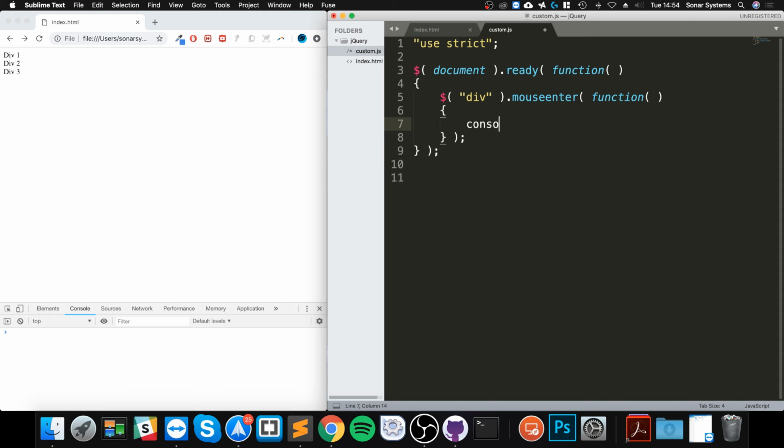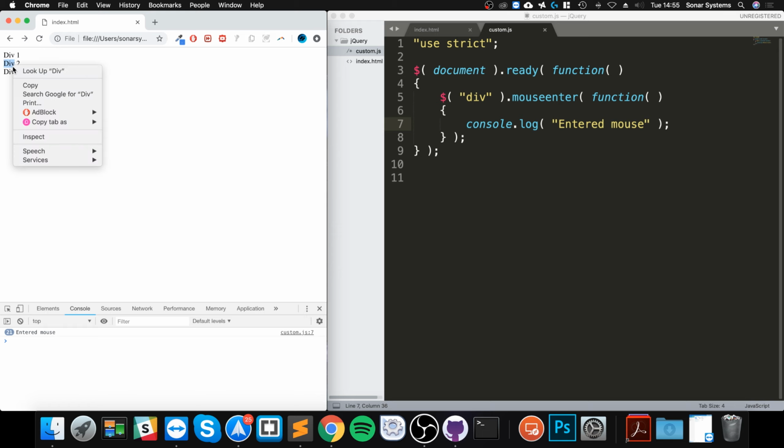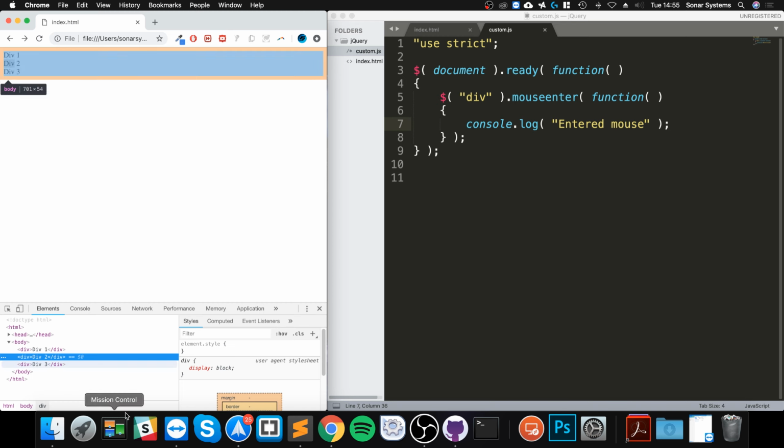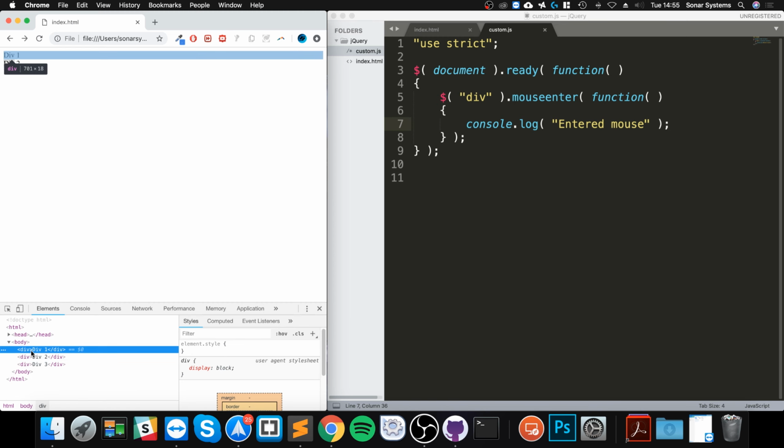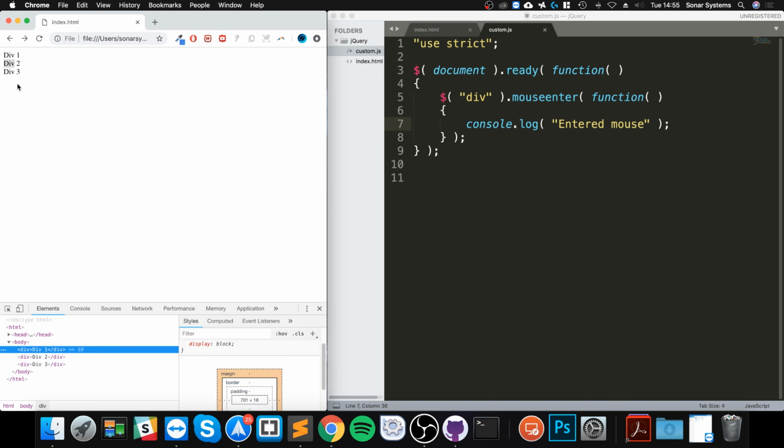And now I'm just going to say console.log, entered mouse. And as you can see, you might be thinking, why is it entering it here even though I'm not hovering over it? Let me inspect here and show you. It's because this is what you call a block level element. The display is block,